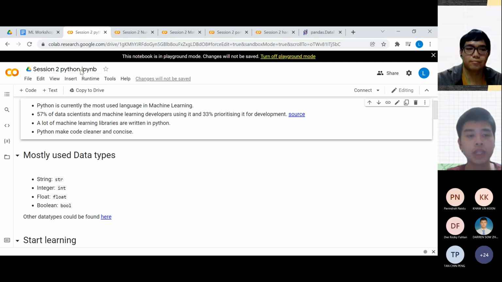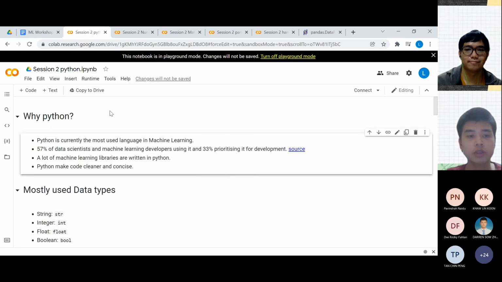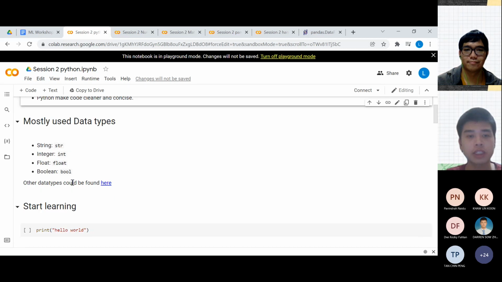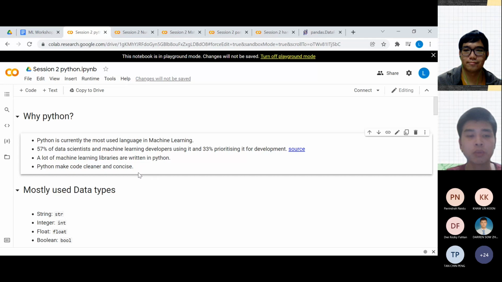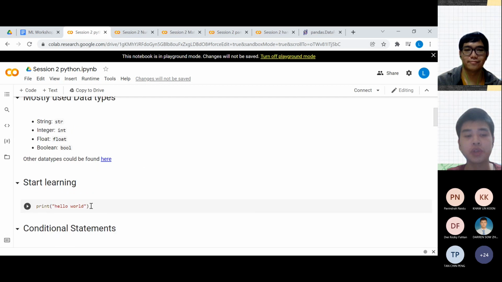But if you would like to play with the code yourself, you can actually just run the code here because now you are in the playground mode, which means any changes that you make in this notebook will not interfere with others' changes. So essentially, your changes will not be saved, right? If you'd like to save your progress, which means you just like to play with the code and also save what you have done here,